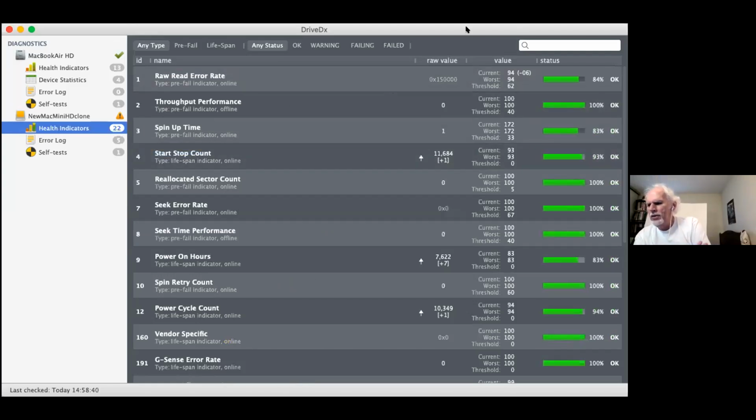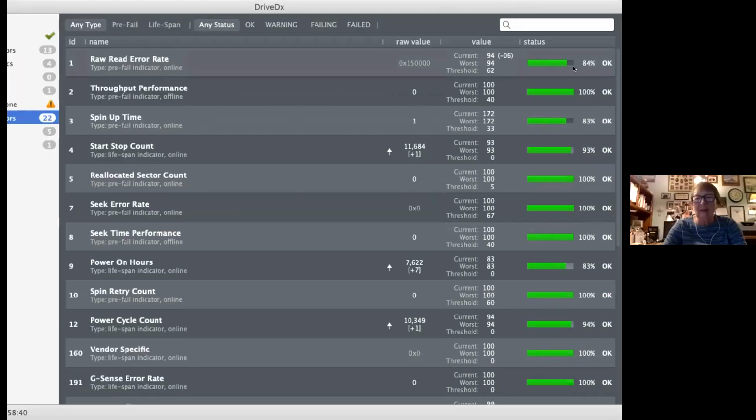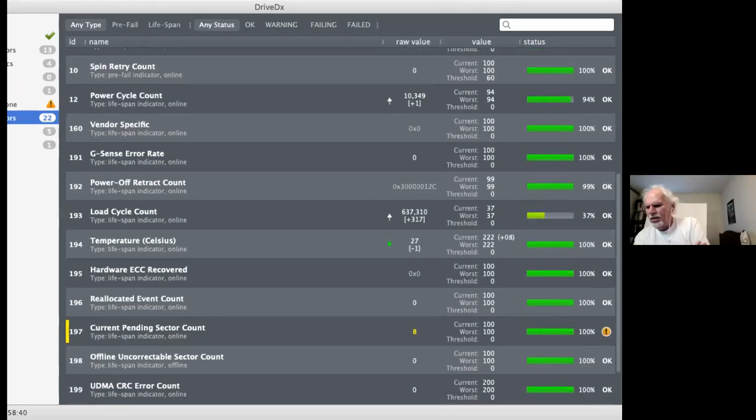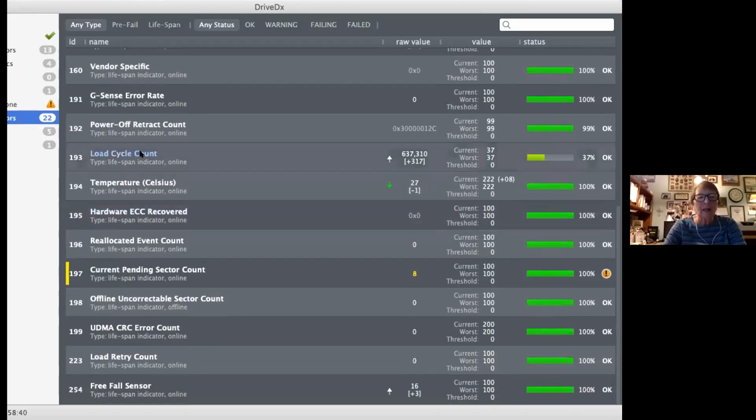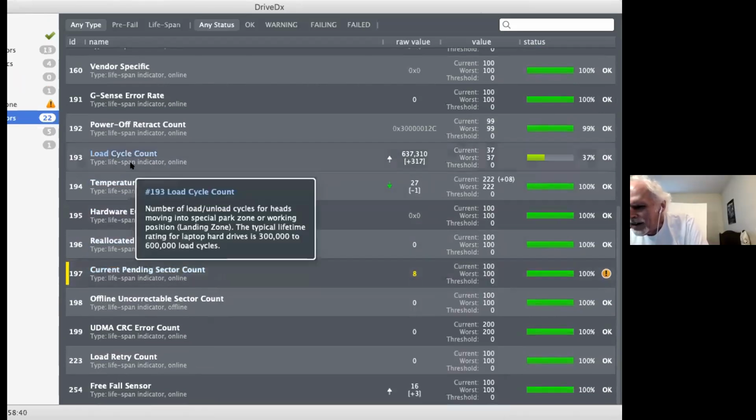Now scroll down until you see something that's yellow. So far I don't see the yellow one. No, they're coming. It's Current Pending Sector Count, this one and the one down here, Lifespan Indicator.